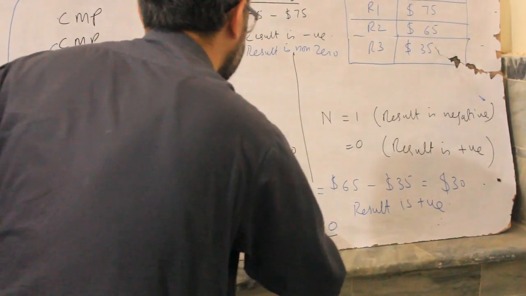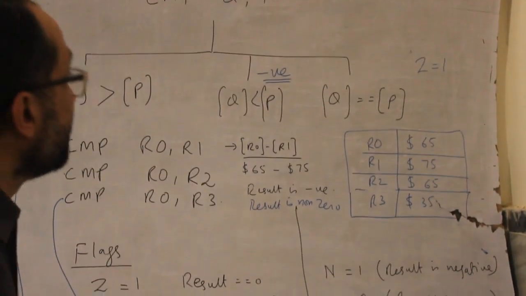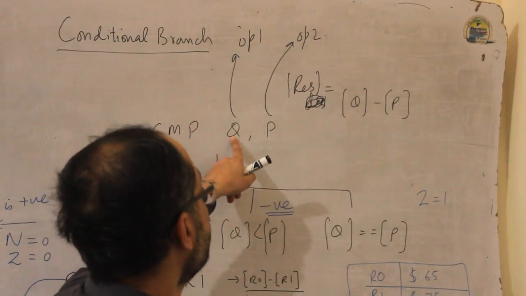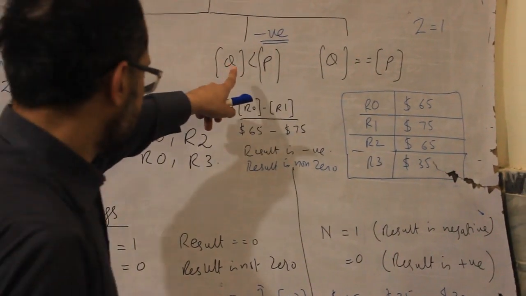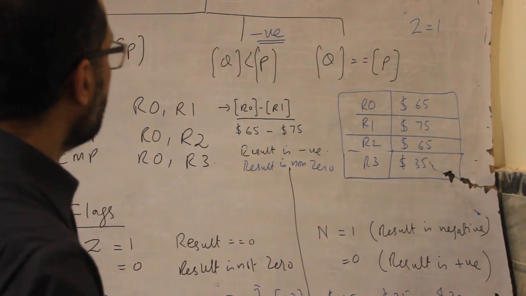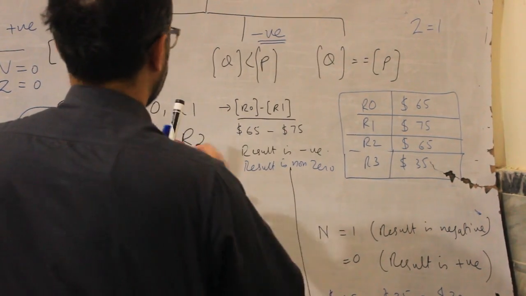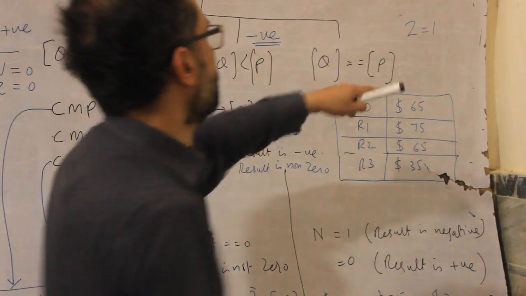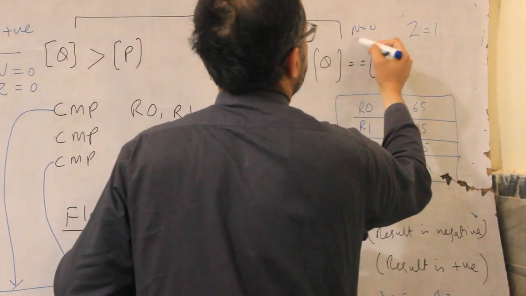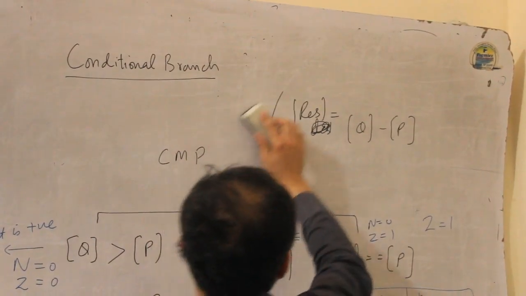So these are three different examples when we are comparing two different operands Q and P. When Q is smaller than P, the result is negative and the N flag will be set to 1. And in this example, N is equal to 0 and Z is equal to 1. So based on these compare instructions,